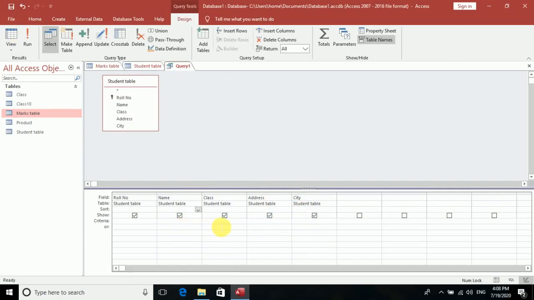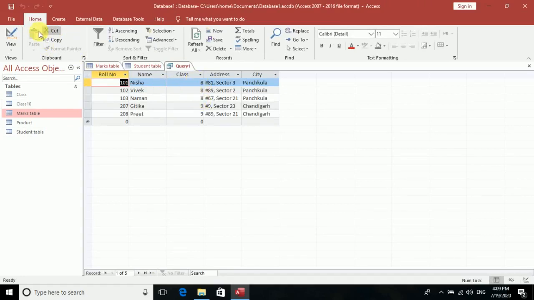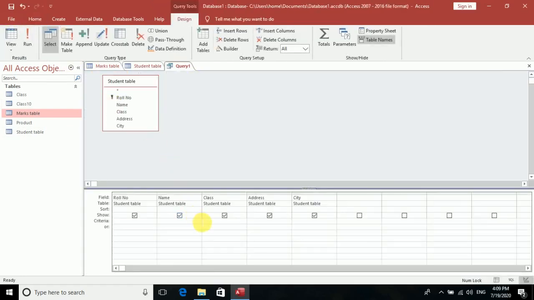Now the next thing. In the query, we can set the query criteria also. Criteria means the condition, right? As you know, query means to set the criteria or the condition, or you can ask a question. So here I want to set the query. First we will run the query. You can see it is in numbers, so I'll write here equal to 8.